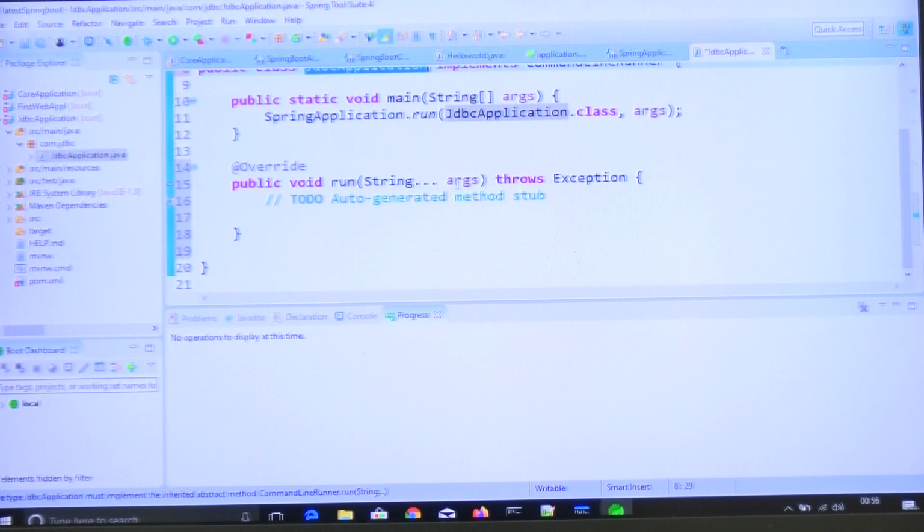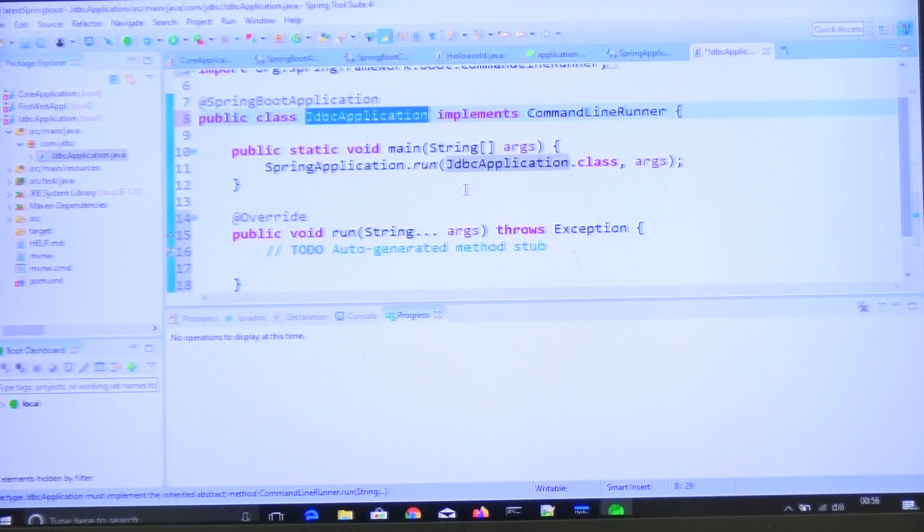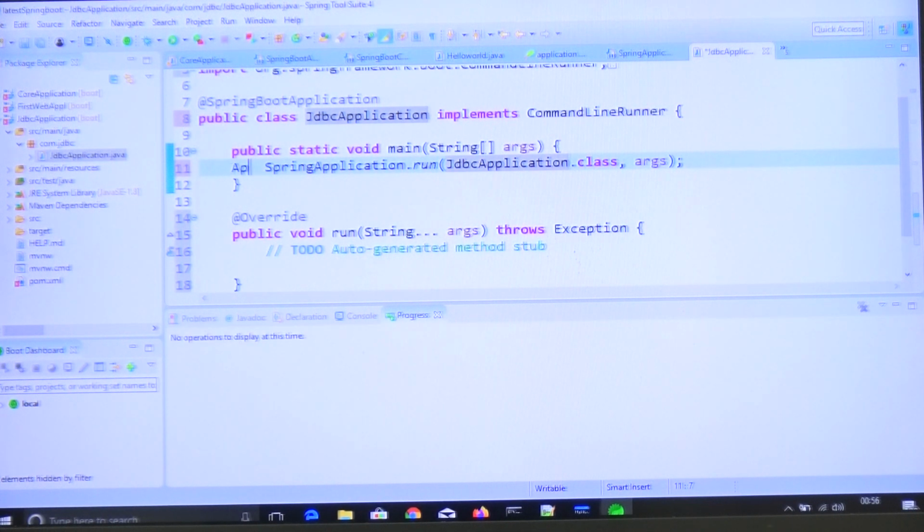What are we passing? The command line arguments, so we are going to get them through the arguments. SpringApplication.run is returning an application context. Am I correct? ApplicationContext ac is equal to this one. Okay, Control Shift O.